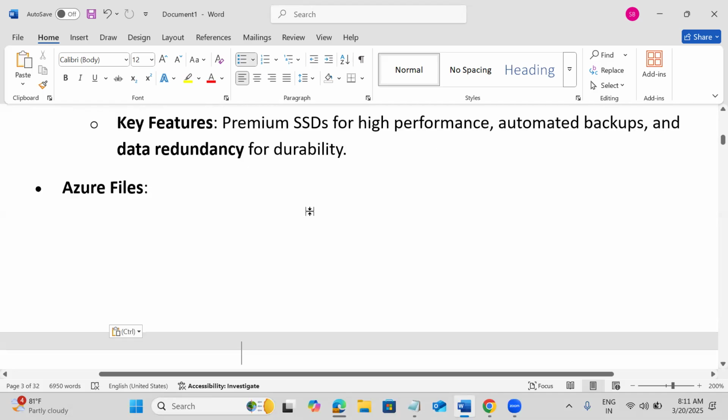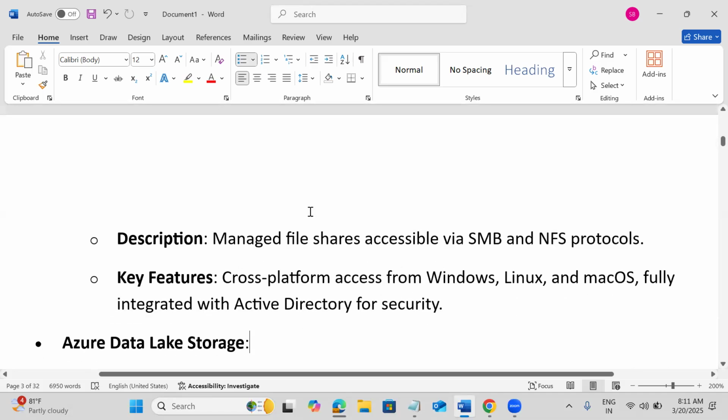Then file shares also we have. Normally, locally we need to keep a lot of NFS or Windows file shares, NFS kind of servers we need to keep. But if I go for Azure Files, all the developers or all the employees can mount their file shares, and instead of using file servers, very highly scalable, highly available file shares are available in the storage accounts.